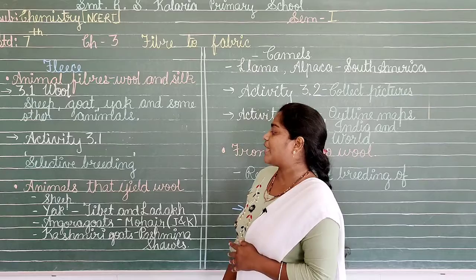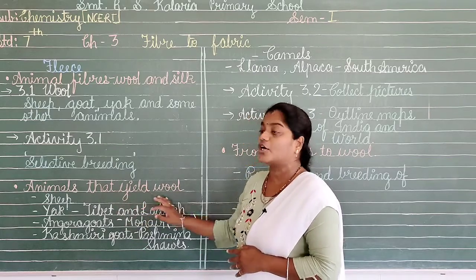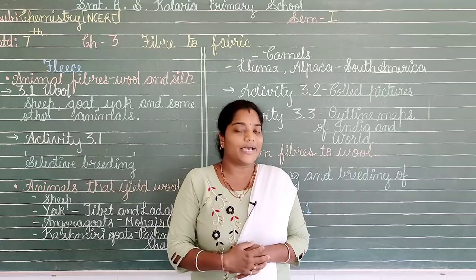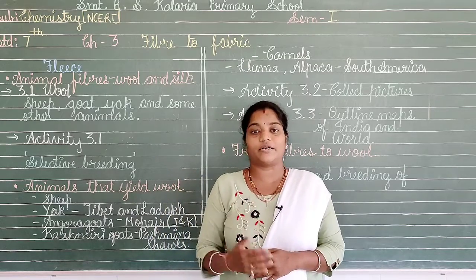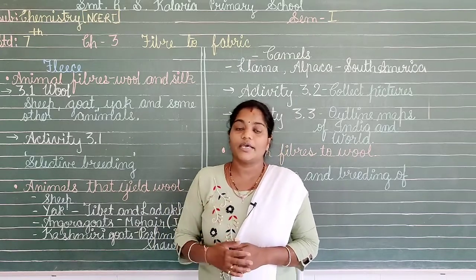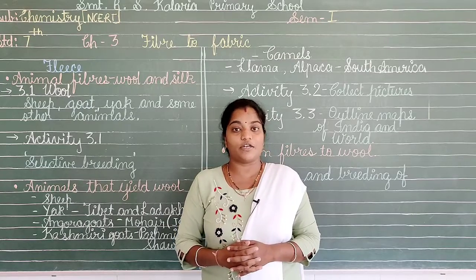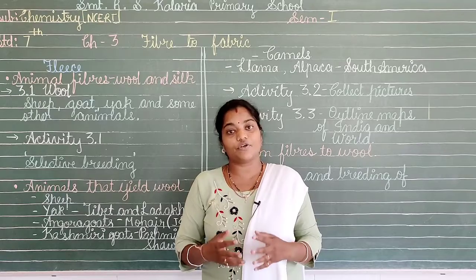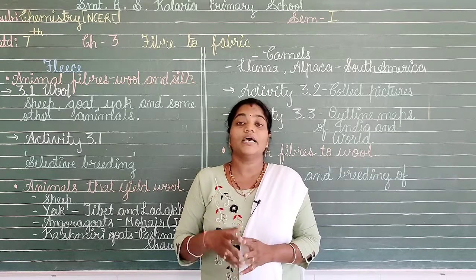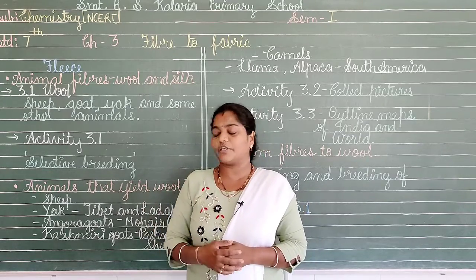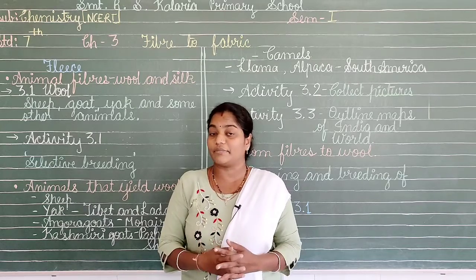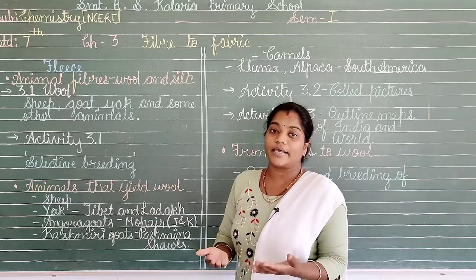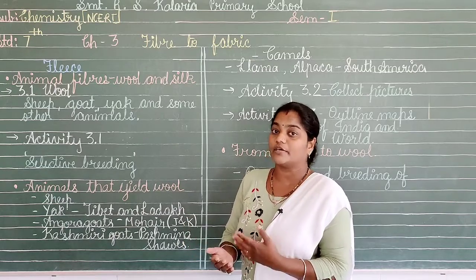The next topic we have here is animals that yield wool. Now which are the animals which are yielding the wool? As we have studied from lower standard, we come to know that the sheep is the one which is going to give us the wool. Yes, of course, but as we go to higher standard, we come to know that besides the sheep we have other animals which also present us with wool and hair, which are useful for making woolen clothes.